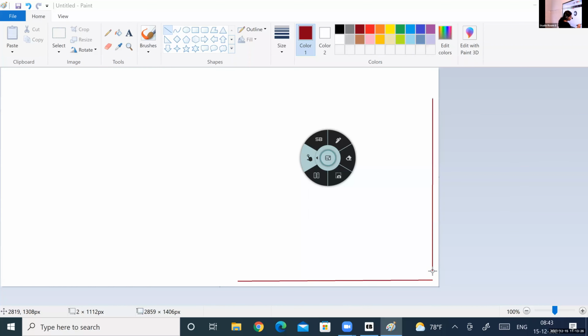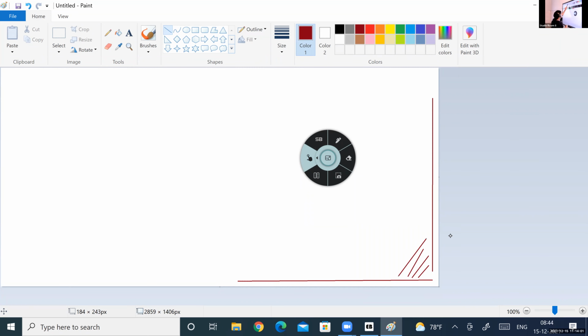We can also draw slanting lines. Just click and then drag it. How do you do it? With your mouse you have to make a click and then drag. Without leaving that click, you have to drag. See? This is how you use the line shape. Which is the shape? Line shape. Yes, from the shapes tool we have the lines.